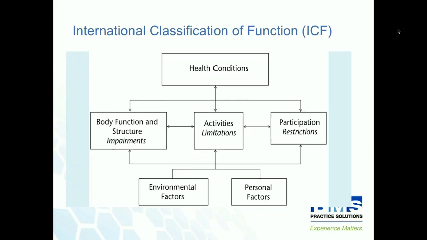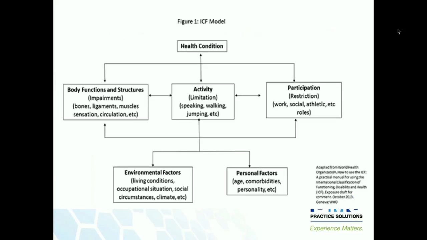So let's look at the definitions a little differently. Again, this is the same diagram with a little bit more information in it. So you have the health condition at the top. Remember, the health condition is really the physical therapy diagnosis. That's what you are treating in the patient. So the elements that are affected are the body functions and structure, which we would call impairments, which would be problems with bones, ligaments, muscles, sensation, circulation, any of the parts of the body that are malfunctioning. Those result in